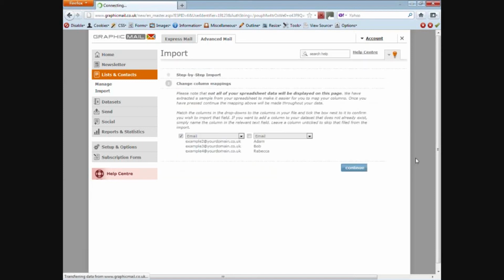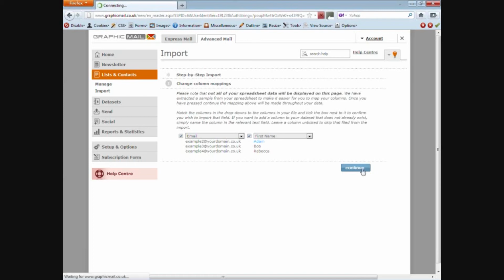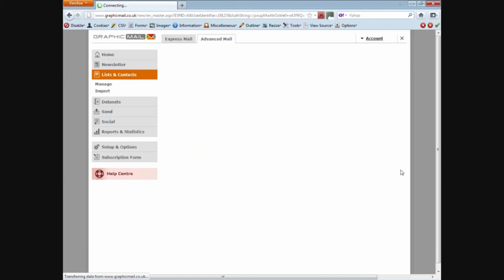So you can see it's just going to upload it very quickly. And here, we just need to map the columns. It's already noticed that we've got email addresses in this column, so that's already selected within this drop-down menu, and also it's selected on the left-hand side to say we want to import that. What we need to do now is just select first name for that field, and we need to tick it to say that we want to import that as well. So we just click Continue,